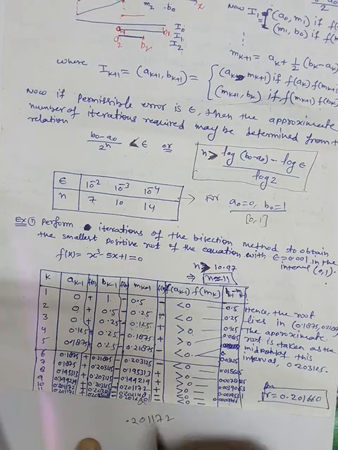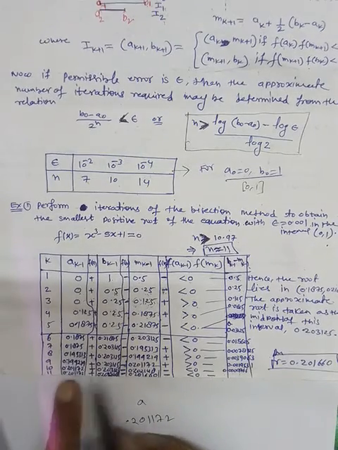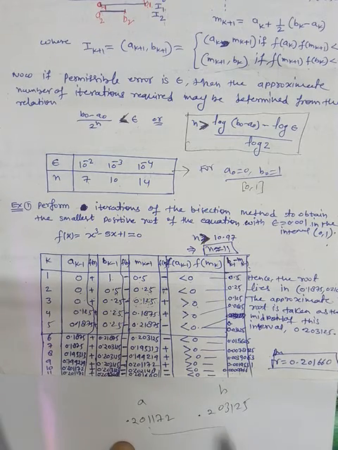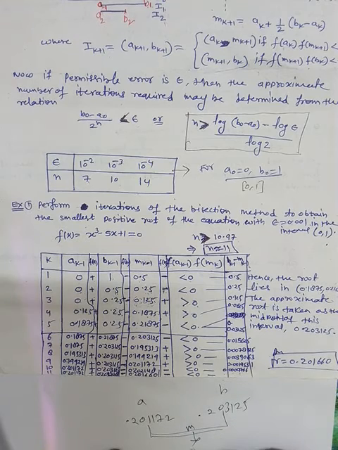0.201172. This is your A column. This is the B column, 0.203125. This is B. Now take the midpoint. This is the solution. So midpoint is M. What is the midpoint? Midpoint is